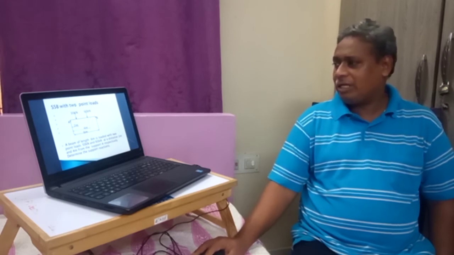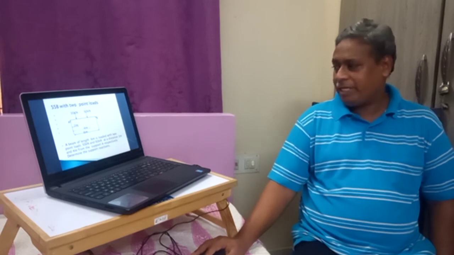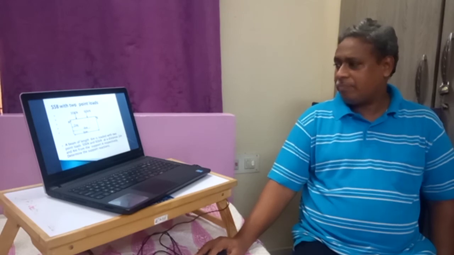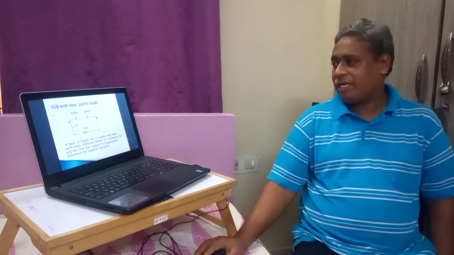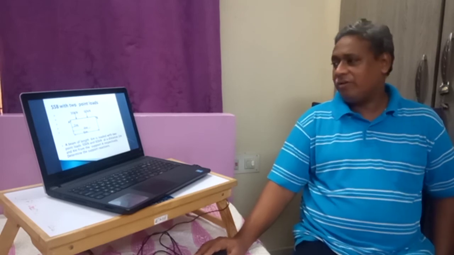We will be left with only 30 kilonewtons here at 4 meters. That 30 will be shared by A and B. Since 30 is near B, it will have more reaction. So here it is 30 plus something, here 30 plus something more than A. That is why we got 50 here and 40 here, that is 30 plus 10, here 30 plus 20. We got 50 and 40 at B and A.